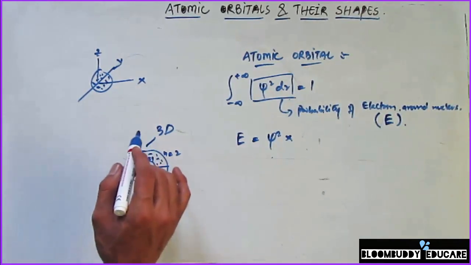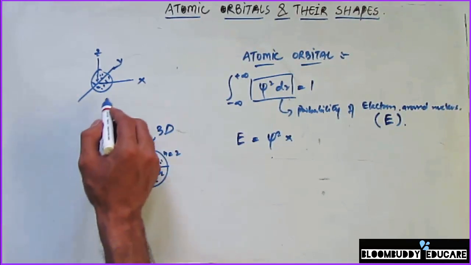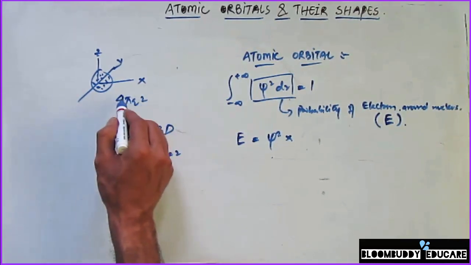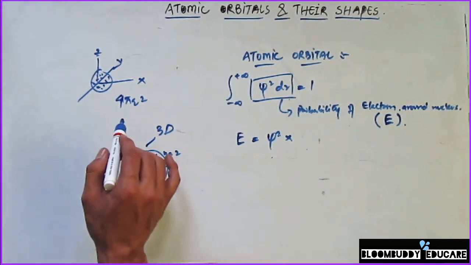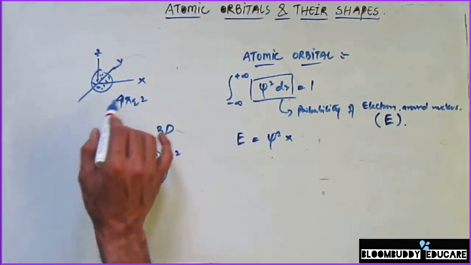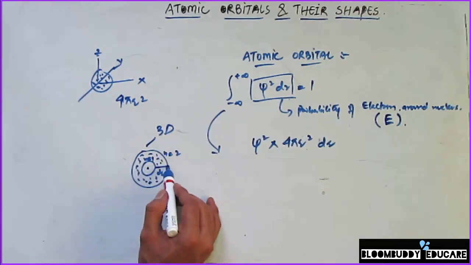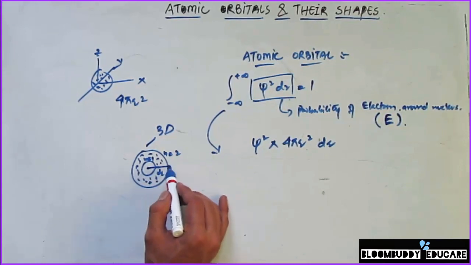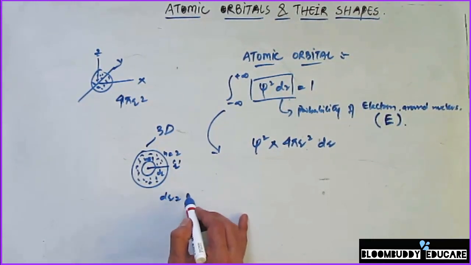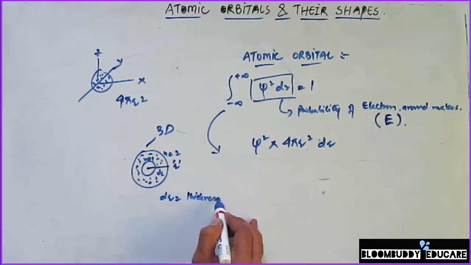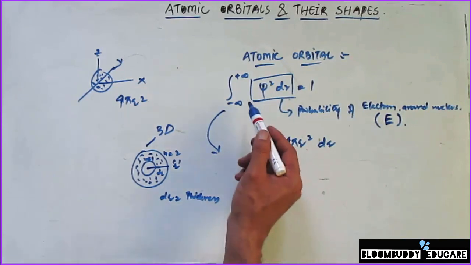So now from mathematics we know the volume of a spherical shell is always equal to 4 pi r square. So when I'm trying to find the probability of an electron around the nucleus, I have to take into consideration the volume of the spherical shell also. If I consider the distance from the center of the nucleus to the end of this shell to be r, and this dr is the thickness of that shell,